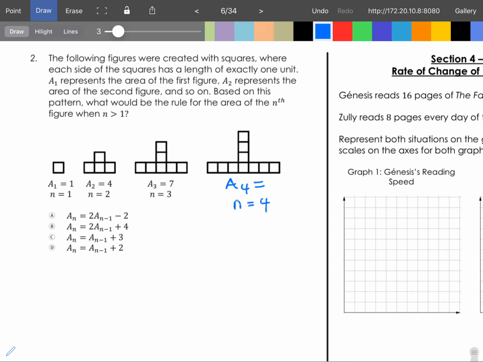n is 4, that just means our fourth term here. I think if you look here, 1, 4, 7, can you see what you're adding each time? So what should be over here? Looks like you're adding 3, so this should be 10. But we are supposed to be looking at,